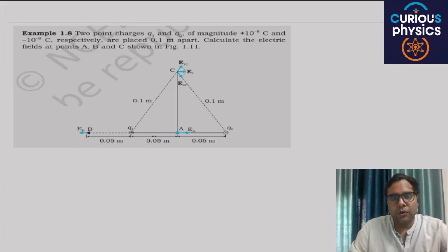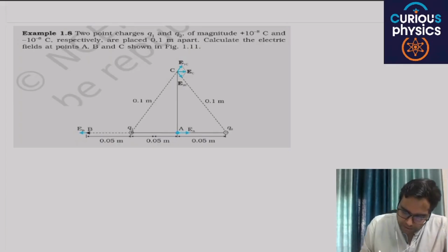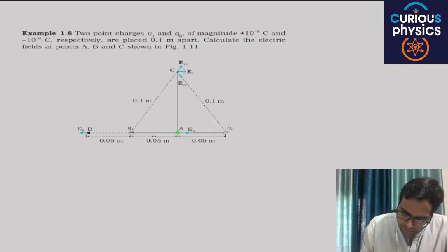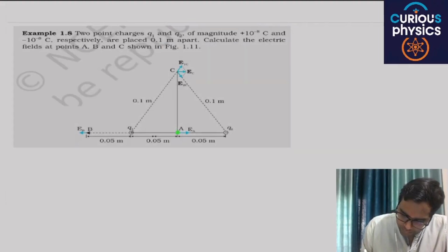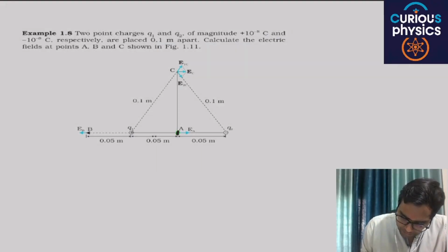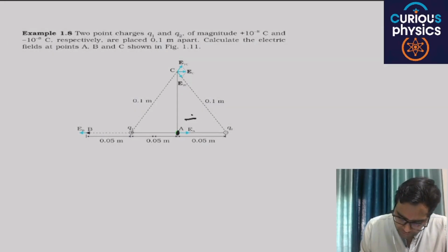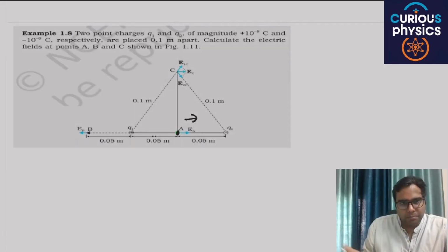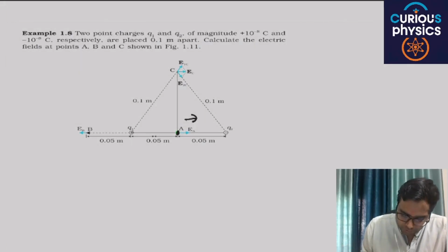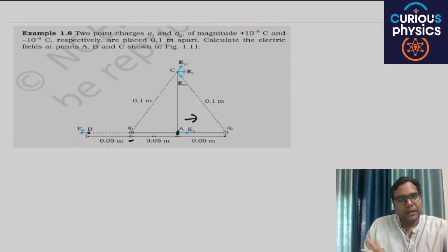Direction. So you have to follow the vector law of vector addition. You have to add the electric field vectorially. For example, first is at point A. At point A, the electric field due to this negative charge is toward it, by the basic property of electric lines of force toward negative charge, and from this Q1 it is again away.